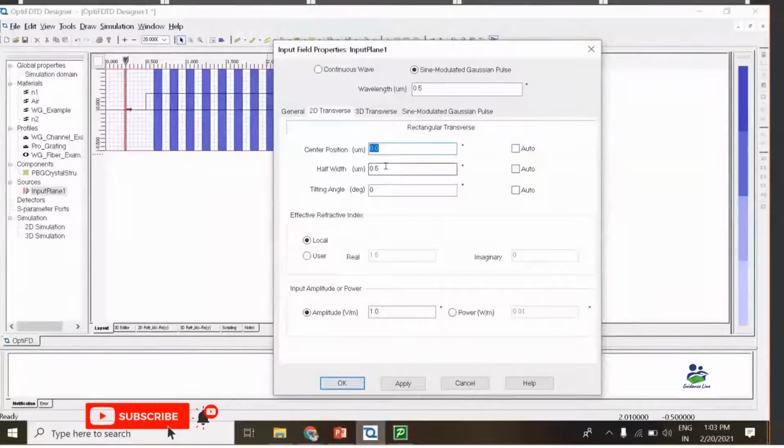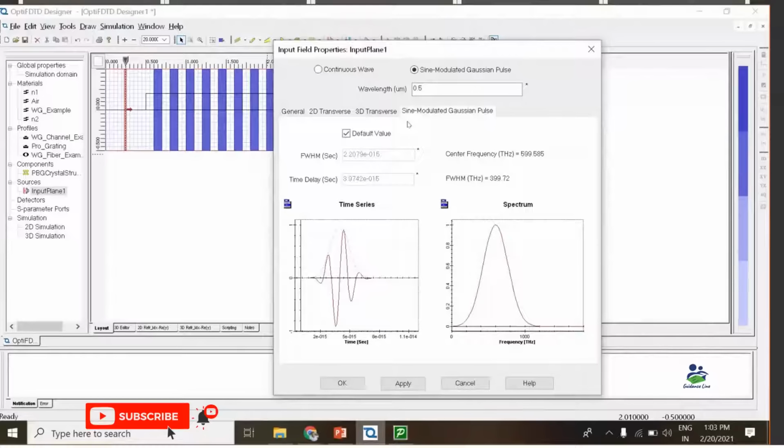Now this is a very important segment: we have to define a spectrum in such a way that we can cover almost all frequencies. If we consider the default value, you can see we have covered all the frequencies, from 0 to about 1000 terahertz. Let me change the value over here.